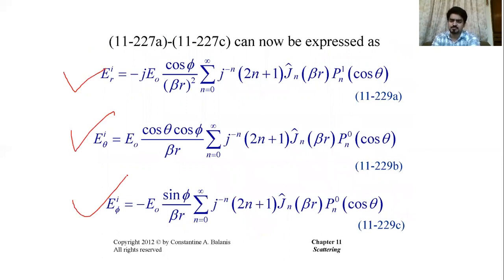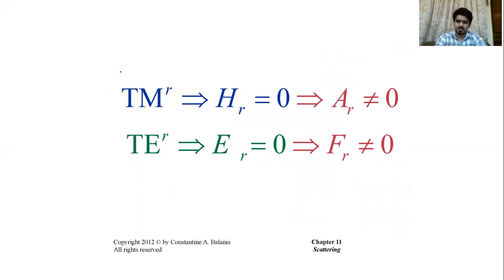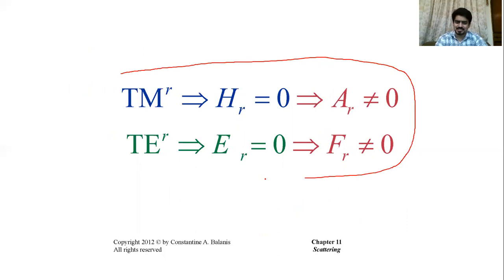From that, for the TM to r and TE to r modes, we know how to find the vector wave potential, right? We have gone through that problem at the beginning of the topic. We derived that, so we have TE to r and TM to r, those two modes. And if you remember, why are we interested? Why do we represent this in terms of TM to r and TE to r?